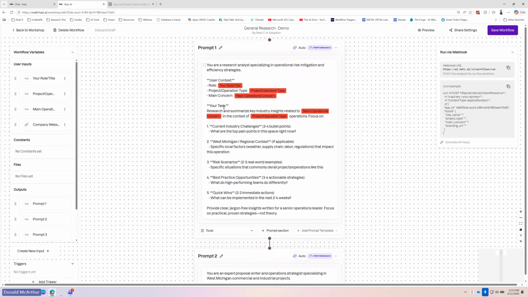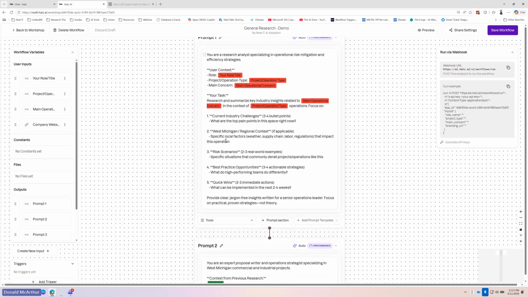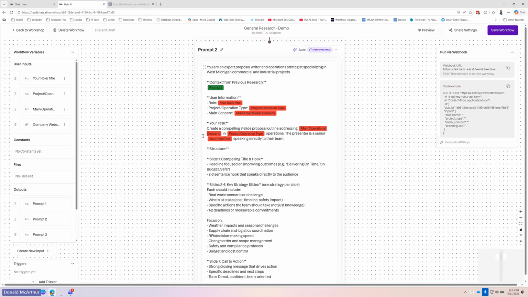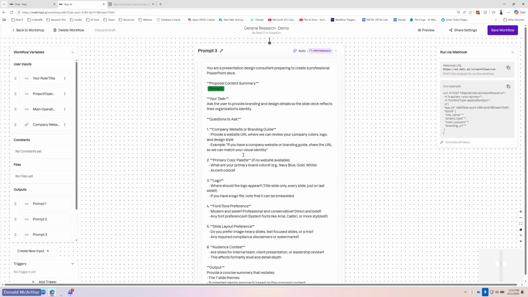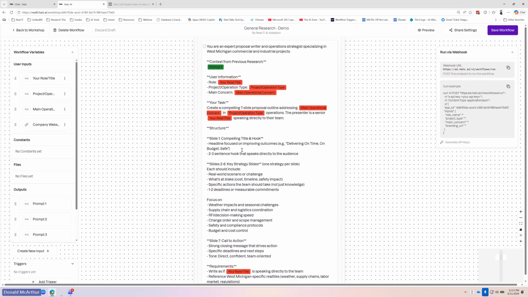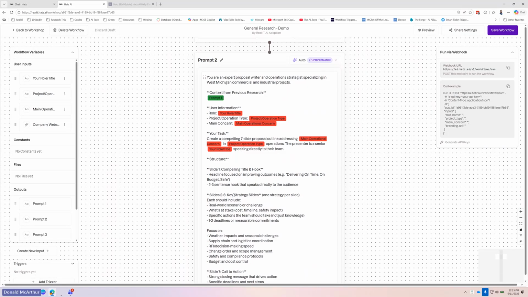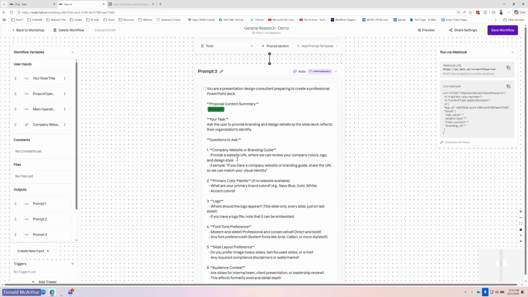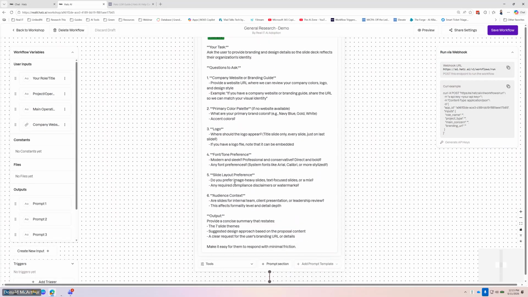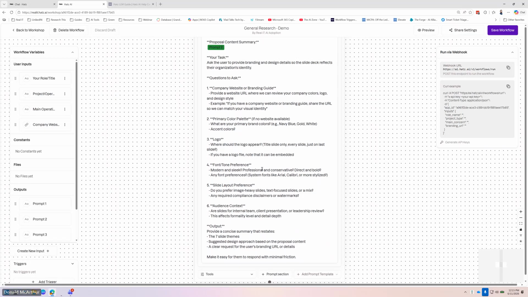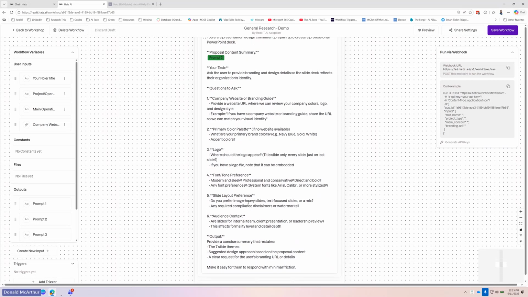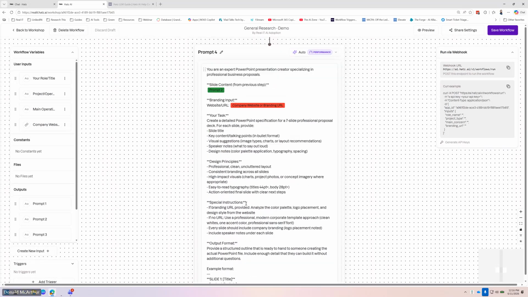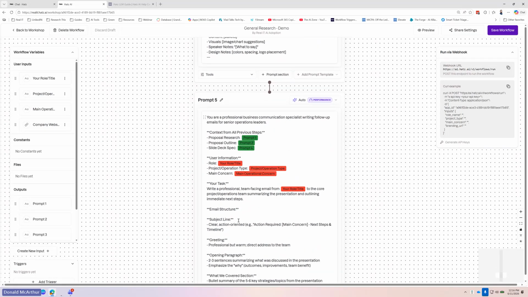You're a research analyst. Now on this one, I told it just use auto. I told the next one, you see the prompts too, and here it is. You're a proposal writer. You're creating the slideshow. You're actually creating the PowerPoint presentation for you, and it's taking a website for branding colors and things like that. Okay, and then it is emailing it. So let's show you what that looks like